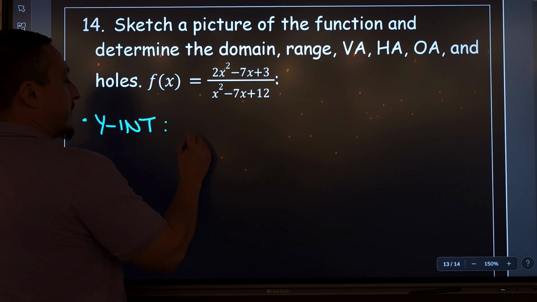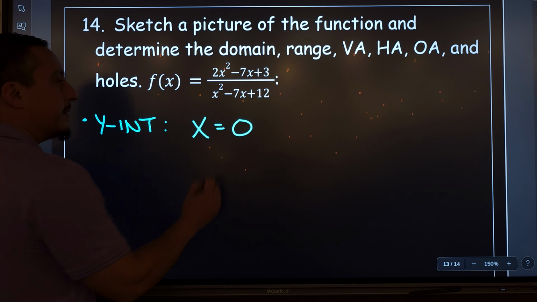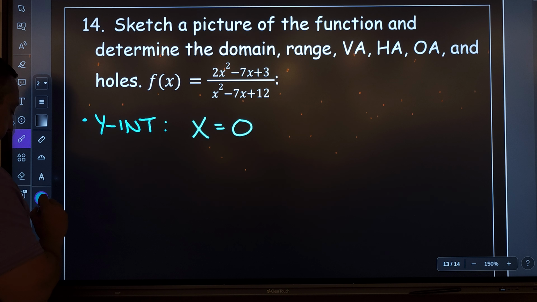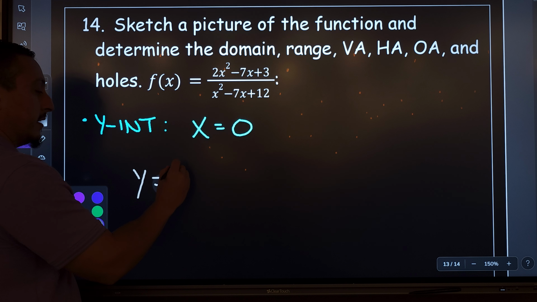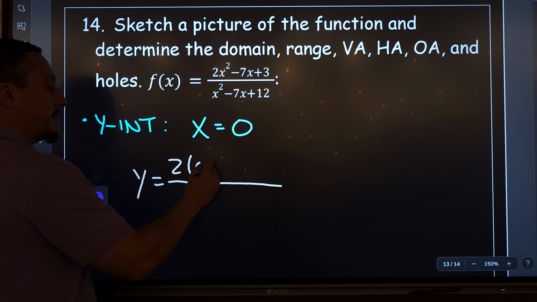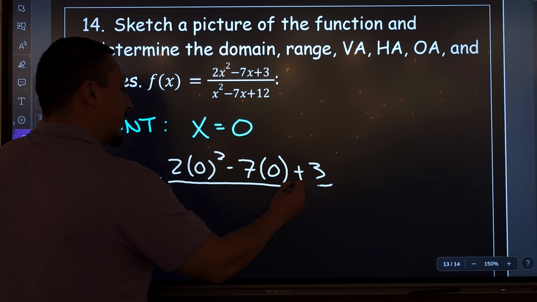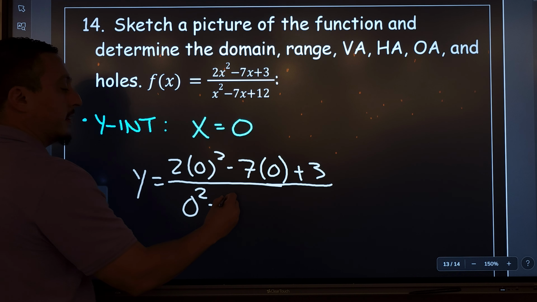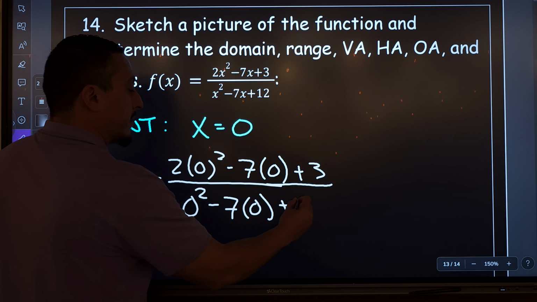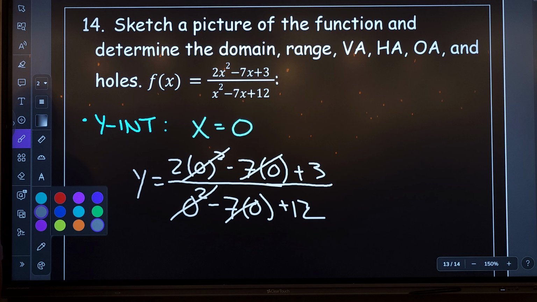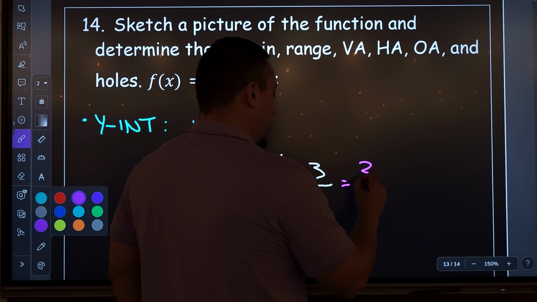For the y-intercept, x is always 0, always, always. So all I have to do is plug in a 0 for every x. That would look like this: 2, put a 0 here, put a 0 there, and then that's just a 3. Put a 0 here, put a 0 there, and all those things just cancel. I'm only writing them so you can see, but you could probably figure out that the zeros just go away. And all I'm left with is 3 over 12,